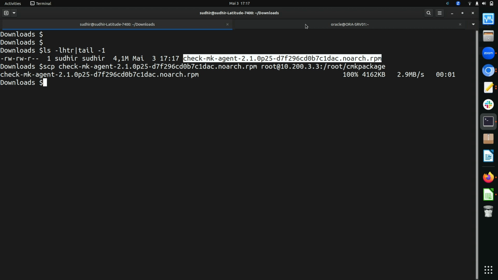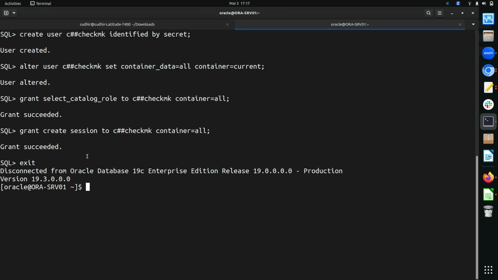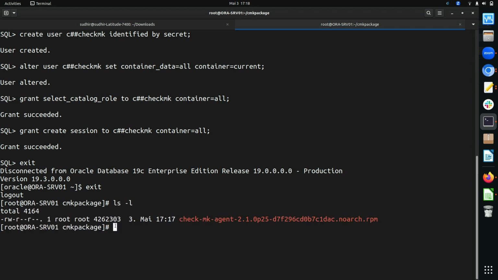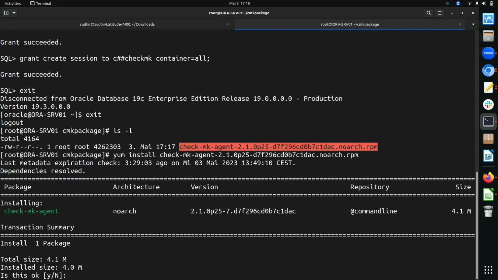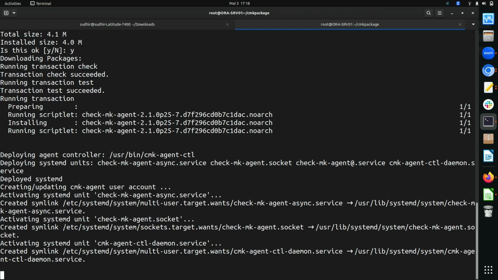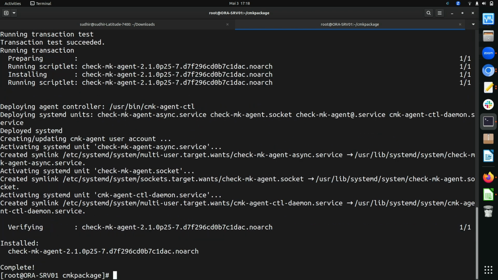All right, we can now have a look at our Oracle server. Switch here. So this is the file that we just now copied over. Let's copy this name and install the package. As you can see, the package has been installed.